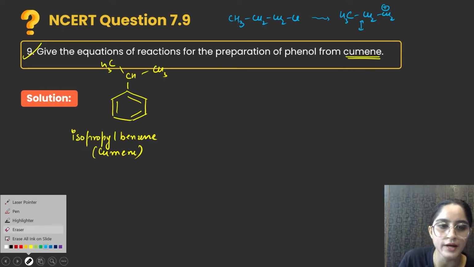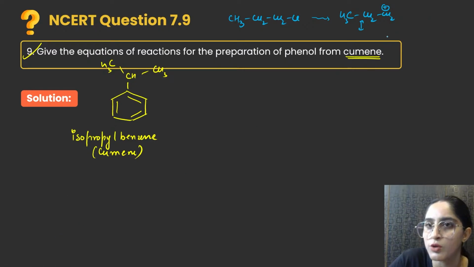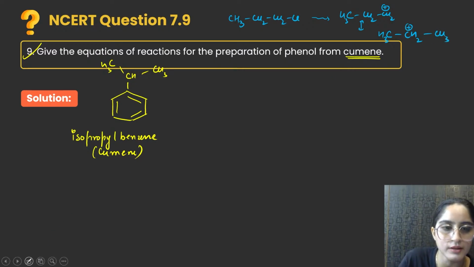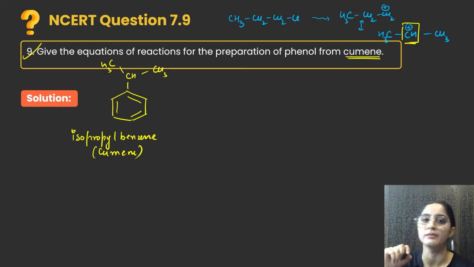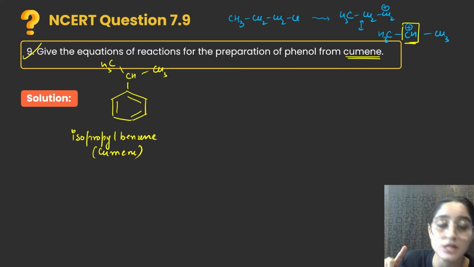That is why I told you carbocation rearrangement is also very important. I am going to cover that in my GOC session. So it is CH2 positive, CH3, take one H out, because there is a hydride shift over here. Now this particular position will attack on benzene and it will become cumene. So that is the process where you can form cumene.